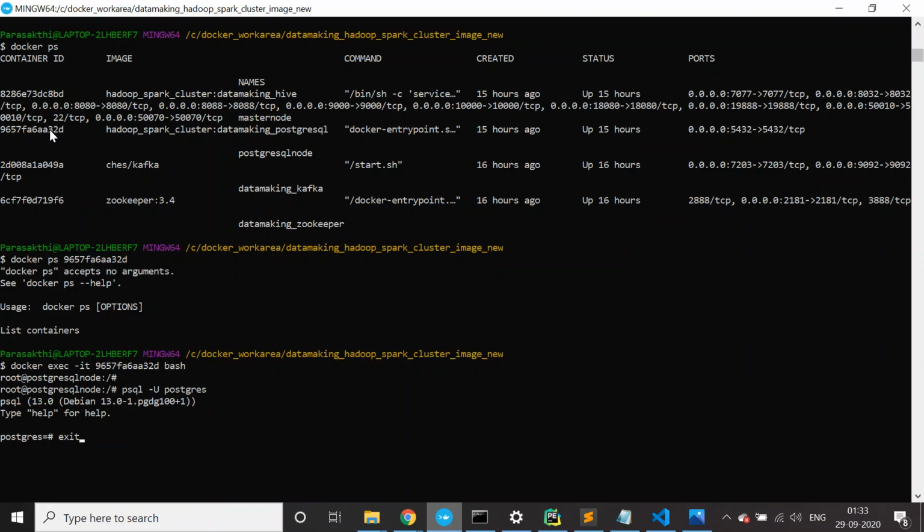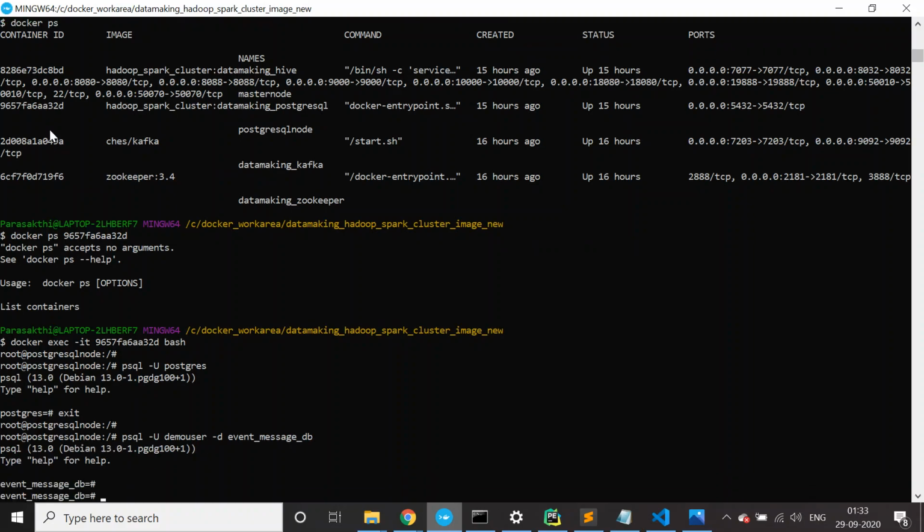I will log in as demo user, so you pass the username as demo user, and you need to provide the database name, because Postgres will open the default Postgres DB, which the demo user does not have access to. So you specify the database name using the -d property: event message underscore DB. Connected.